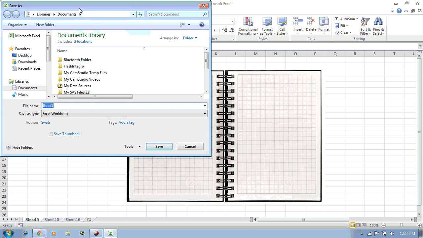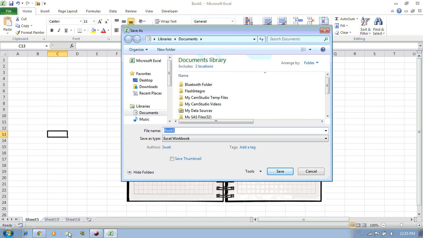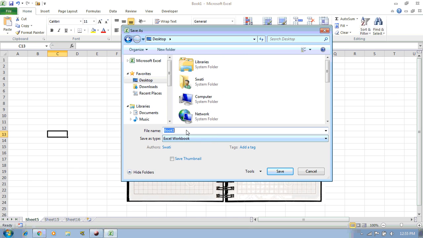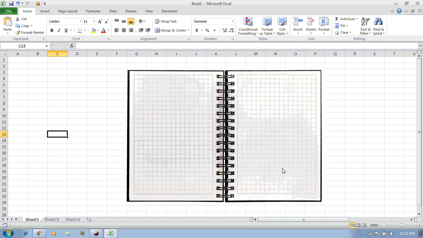So whenever we work in Excel, we save that workbook. Just for example, I am saving this workbook on the desktop, changing the name to my first Excel.